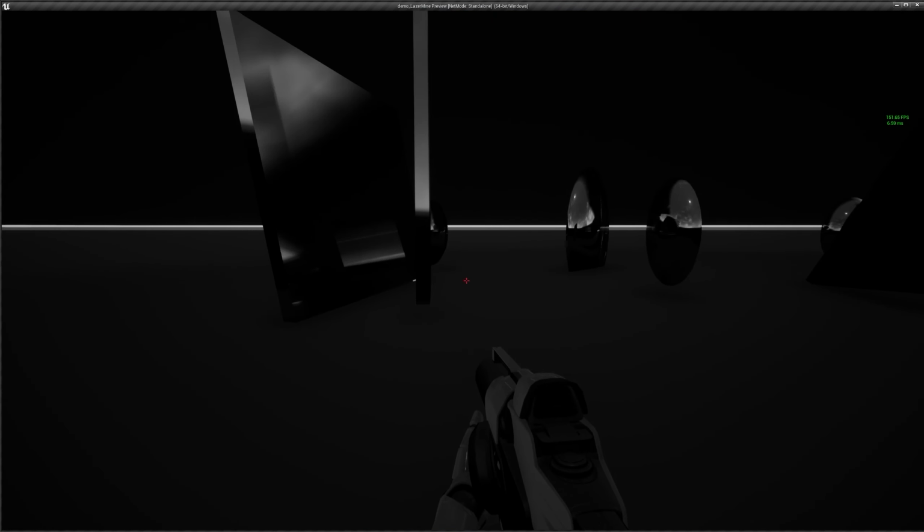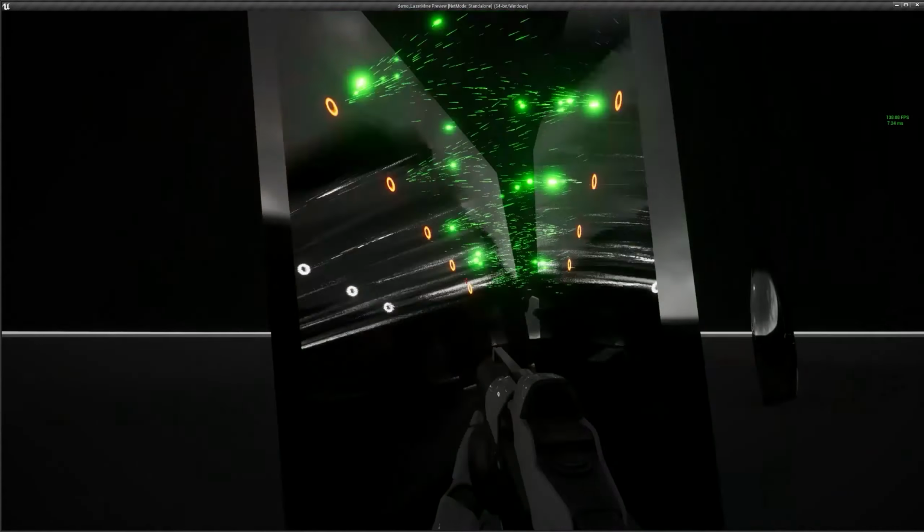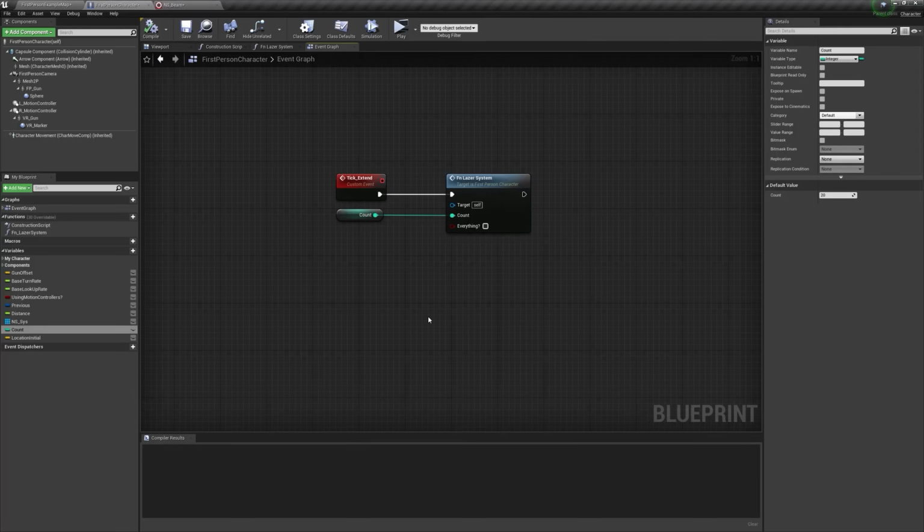I can also have any number of reflections I want. So here I can have like 20 reflections. And also after the tutorial, you will get this function, and here you can set the count of the reflections